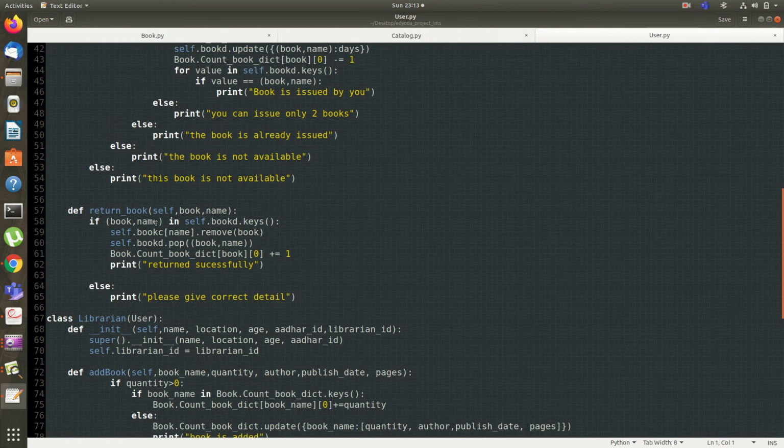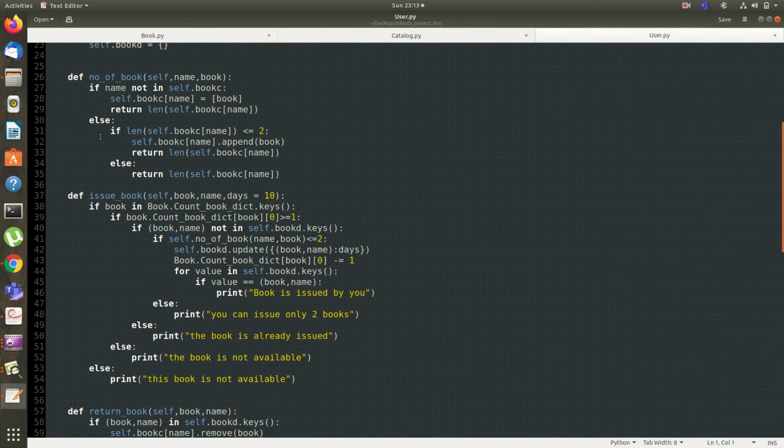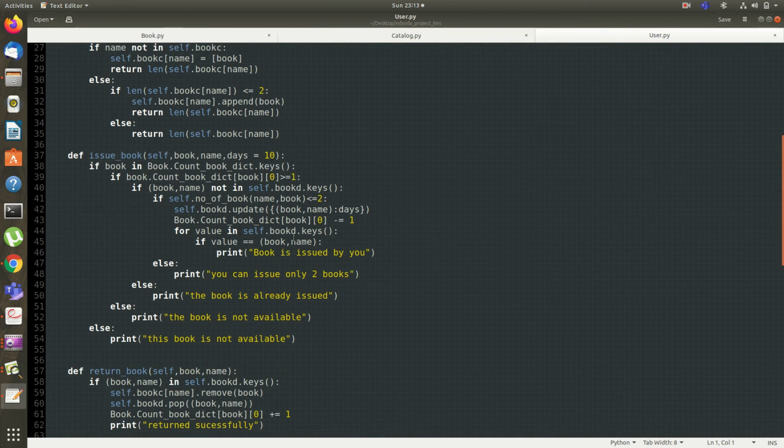Now return book also takes book name and name. When returning a book, it increments the count in the book dictionary.